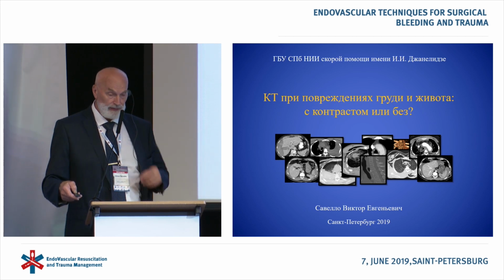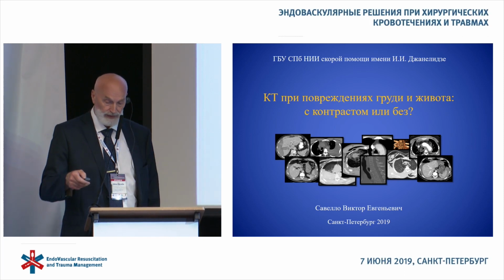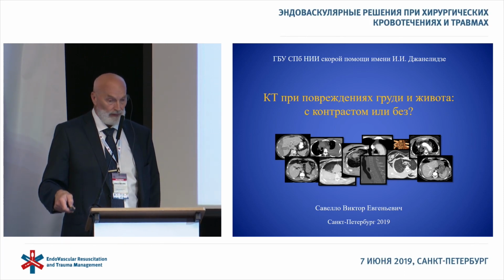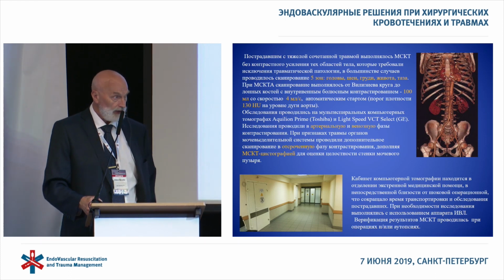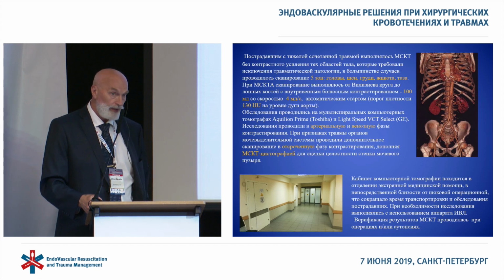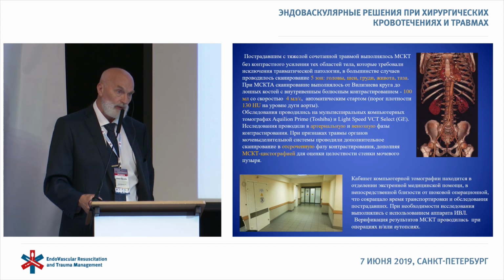I'm starting. Dear colleagues, here is my presentation on the following topic. CT for acute chest and abdominal injuries. How do we do this? Initially, we do a native examination. As a rule, our patients are severe, and we examine 5 zones, including head, neck, thoracic part, abdominal part, and